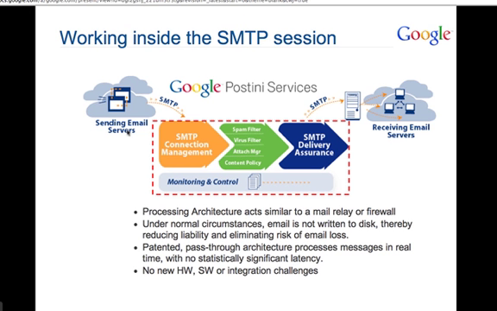As a result, they designed an application that looked very much like an SMTP server to the outside world. However, internally, it behaves quite differently. So, rather than sequentially passing traffic from one service to another, and then eventually making its way out the other end over to your mail gateway, the Postini proxy